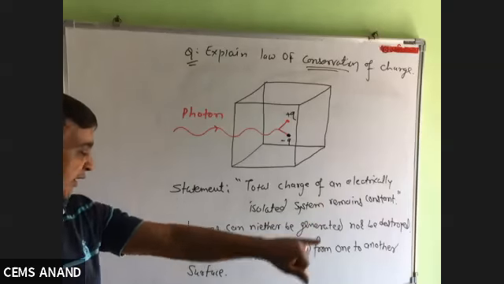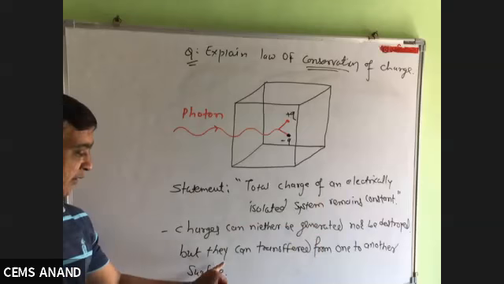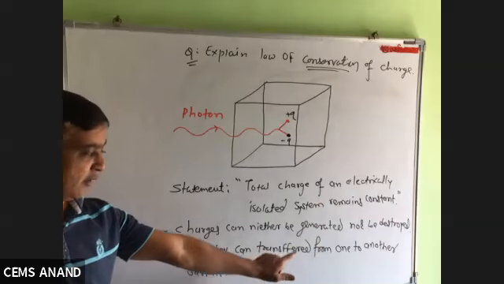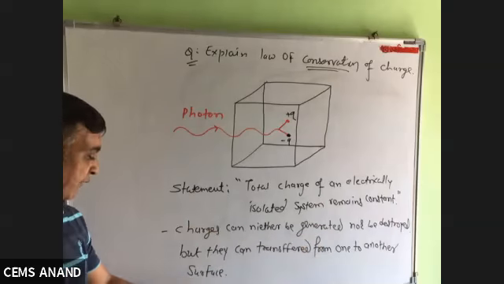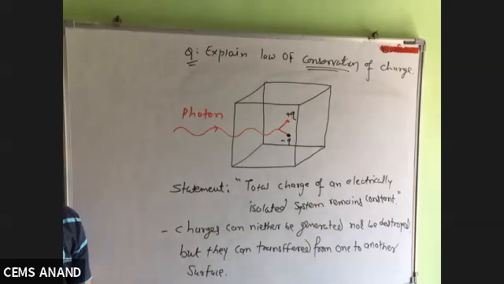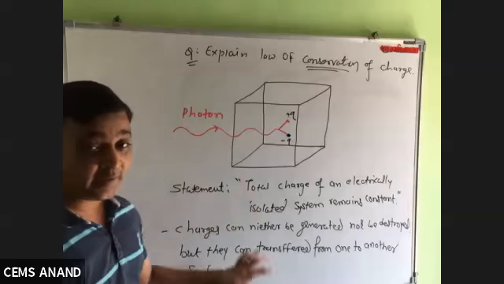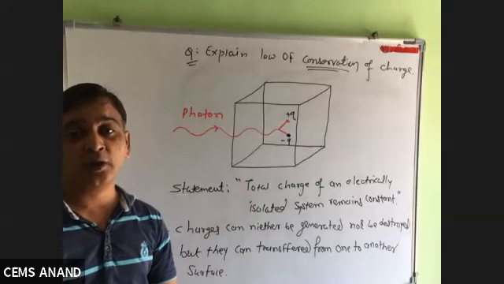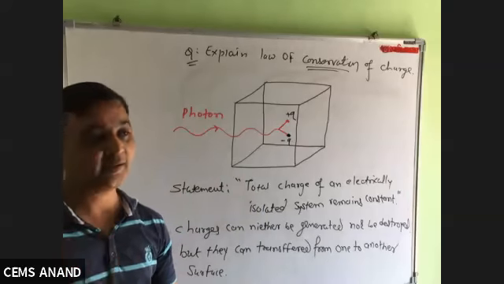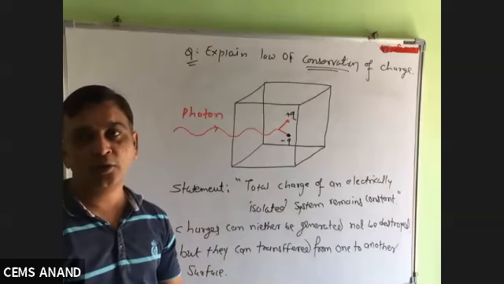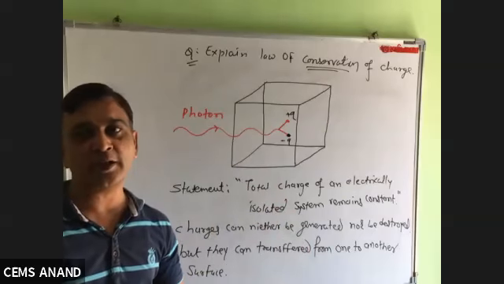Charges can neither be generated nor be destroyed, but they can transfer from one to another surface. So it is also a proof. Do not write it, just here. It is a proof of that process, what we did